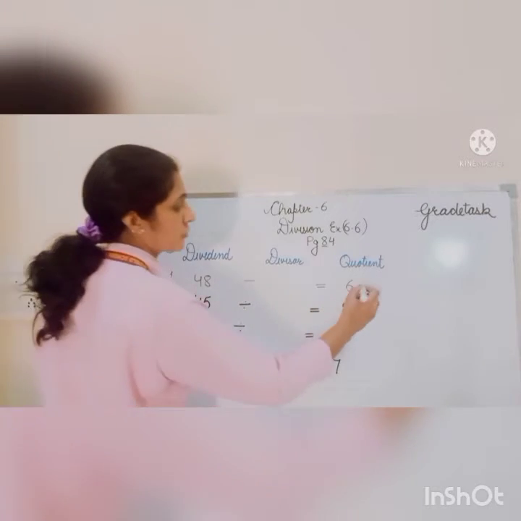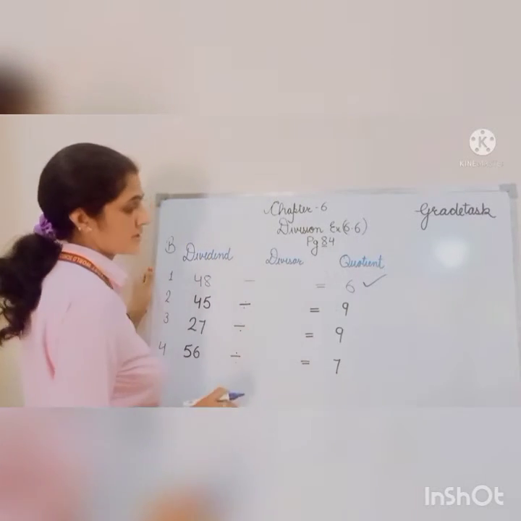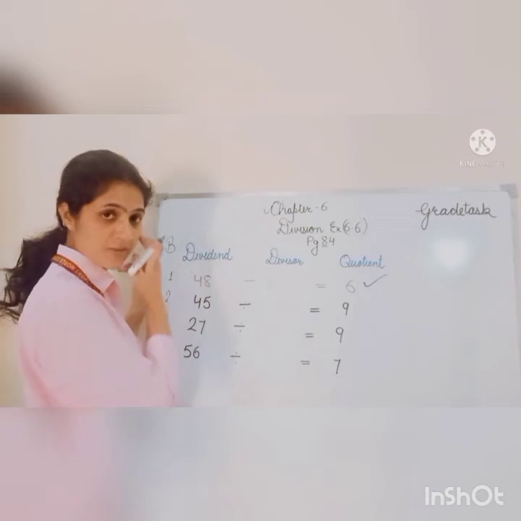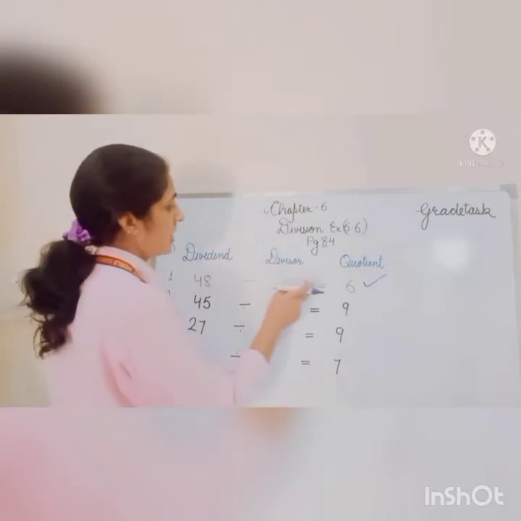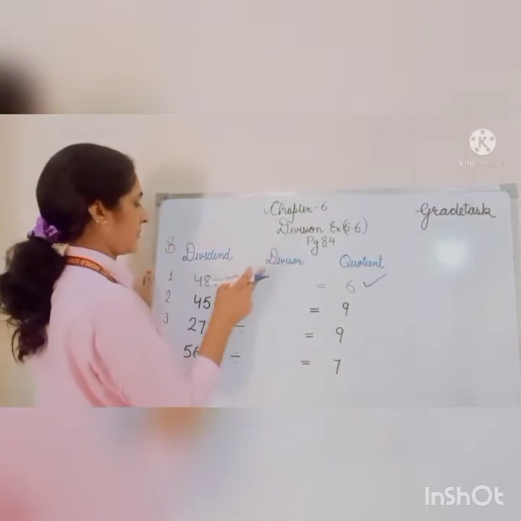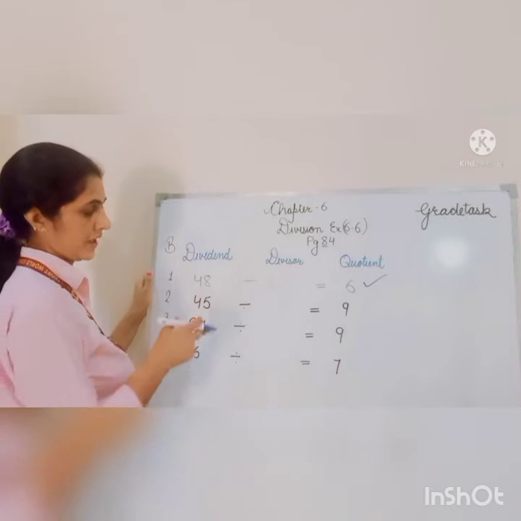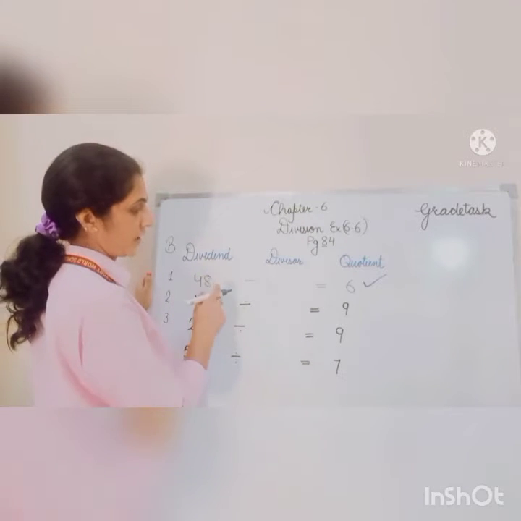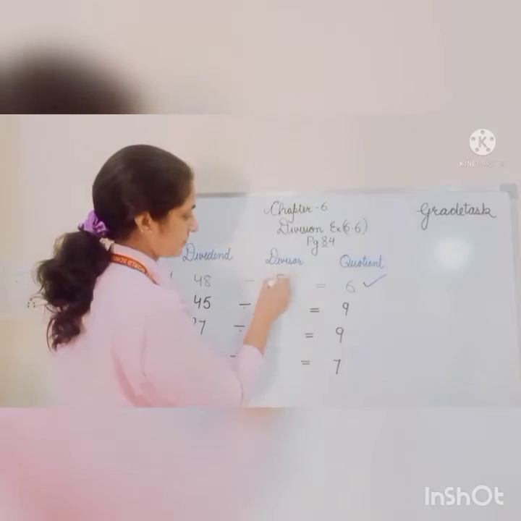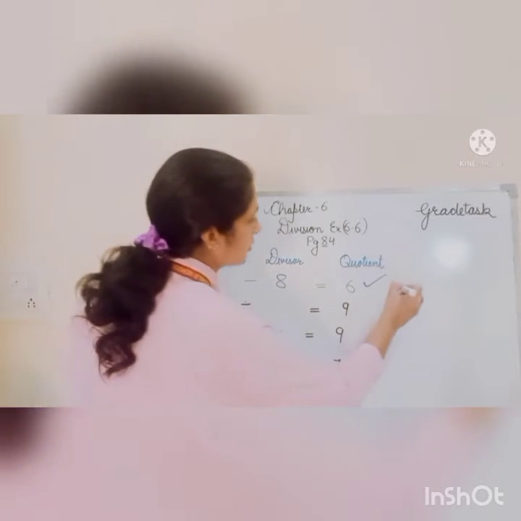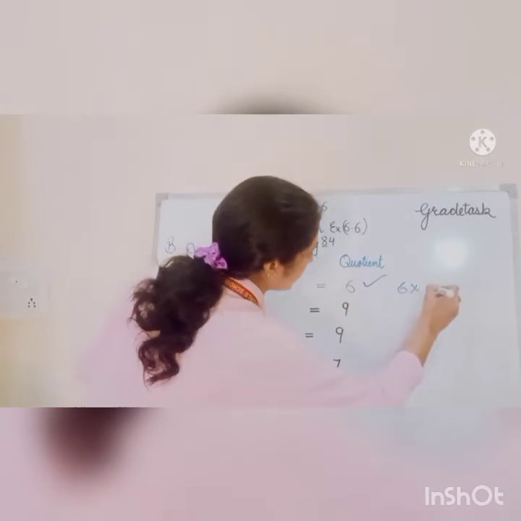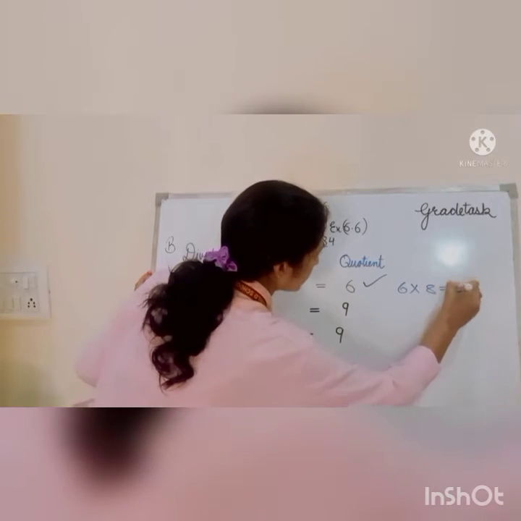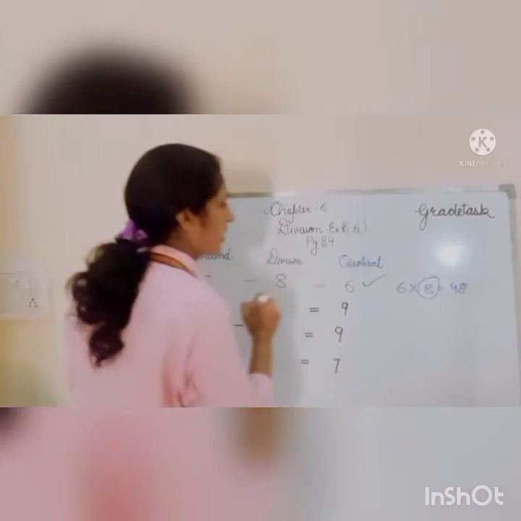So you have to see the 6 table, students. This table 6, the number which is given to you, that table you have to see. In the 6 table, where are you getting 48? 6 8s are 48. Like this also you can write, 6 times what gives 48? 6 8s are 48. So 8 will be your answer.